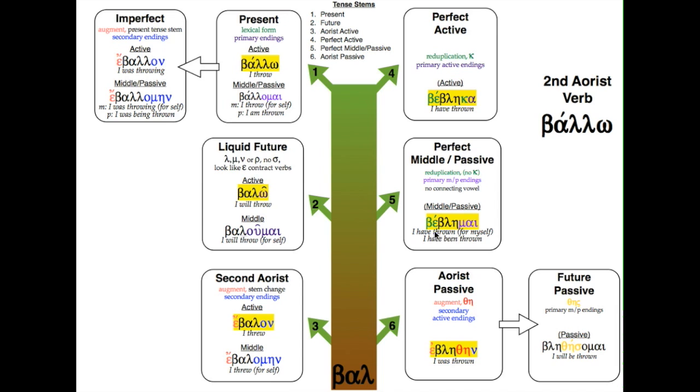The perfect middle passive also uses ble as the stem here, bebleµai, not alµai. Notice no connecting vowel. The aorist passive, we have an augment and a theta eta, eblēthēn, which makes perfect sense. And then the future passive, no augment, of course, theta eta sigma, and then the primary middle passive ending, blēthēsomai. Okay, so ballo is a little weird,